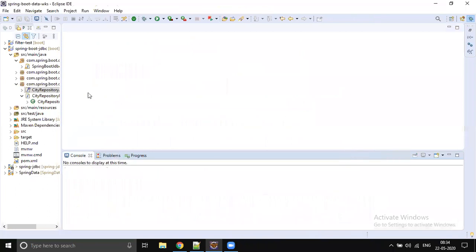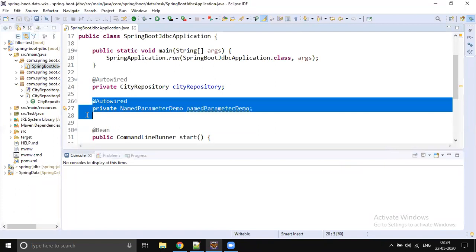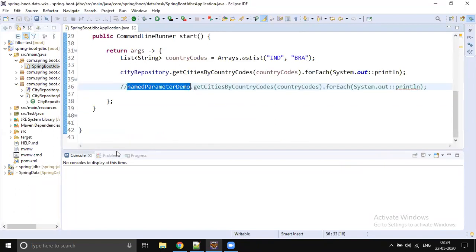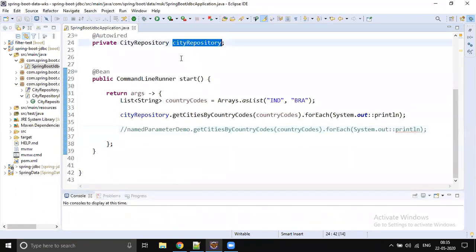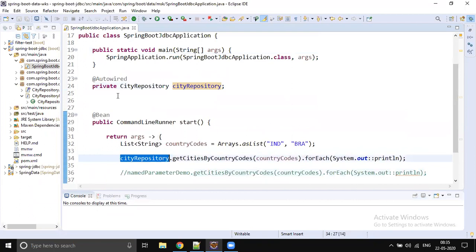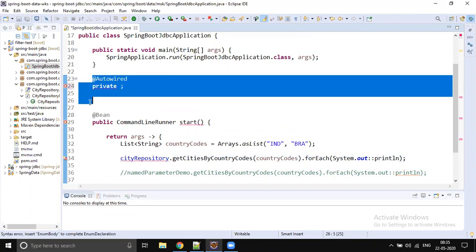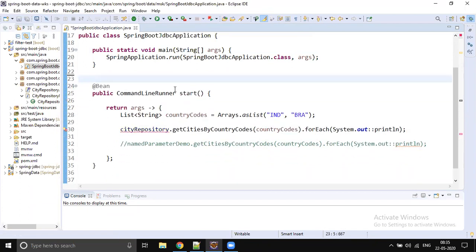But one more thing I would like to show here. In this example, I'm getting this city repository by autowiring it, and calling it here. Spring has the capability to inject dependencies into the CommandLineRunner method.